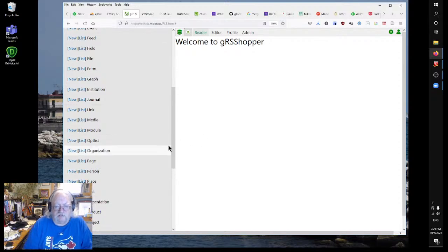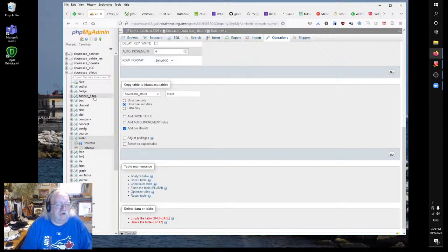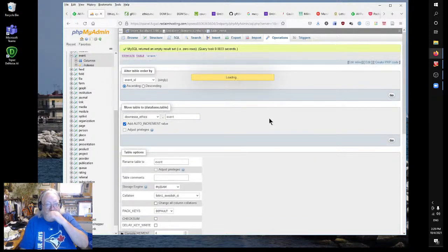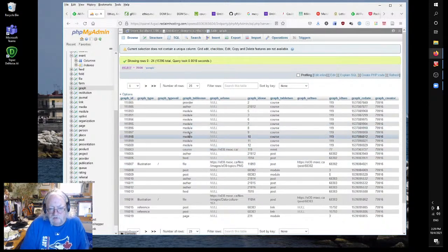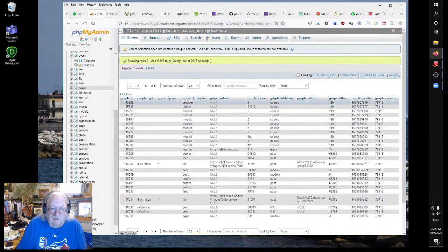So here we are in Grasshopper. I have a preliminary thing that I need to do first, and that's to clear out the graph, because I forgot to do it before. So here I am in phpMyAdmin, and this is the course graph. And I've already cleared it out. No, I haven't. So here we see